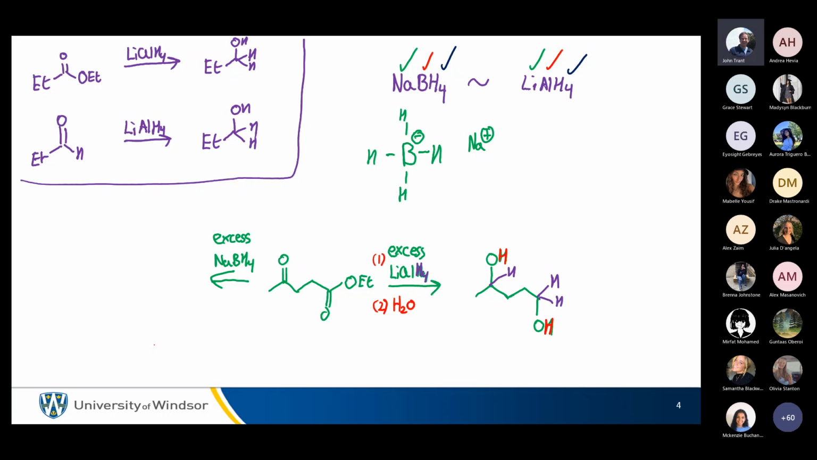Now, if we do sodium borohydride, you don't know the answer to this because you can't, which is why we're doing this. If any of you do, good for you, good job on doing the readings and thinking about this. Sodium borohydride didn't touch the ester. It only reduced the ketone. And again, this hydrogen comes from